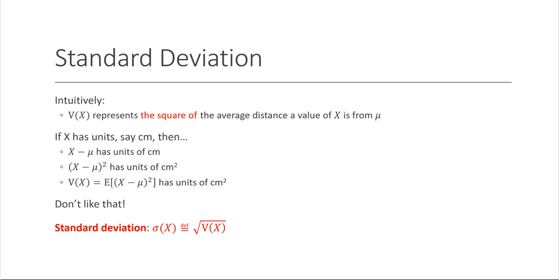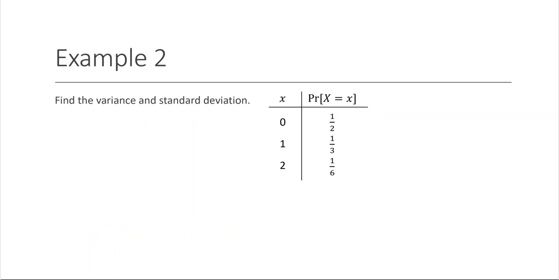Okay, let's do an example. Find the variance and standard deviation of this given random variable with the given probability distribution function. As usual, we want to start by computing the expected value of x. And as usual, we just take 0 times 1/2 plus 1 times 1/3 plus 2 times 1/6. And when we put that together, we're going to get 2/3, which is the expected value,